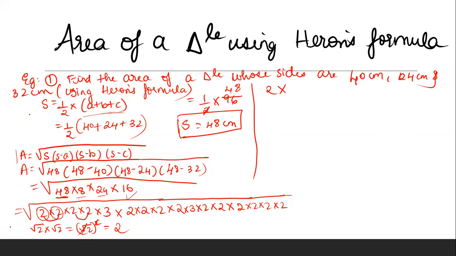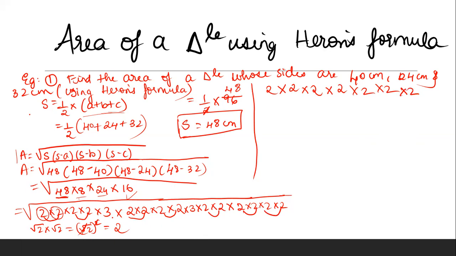Okay, so 2 into, similarly group these two numbers. We will get again root 2 into root 2, which is equal to 2. So again write 2 here. Then here again we have 2. So I'm directly writing 2 here, I'm not solving because it's the same calculation. So I get 2 into 2. Then group these two as well, 2 into 2. And these two, again another 2. These two, another 2.